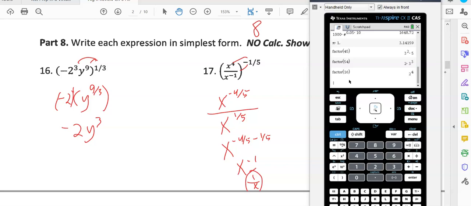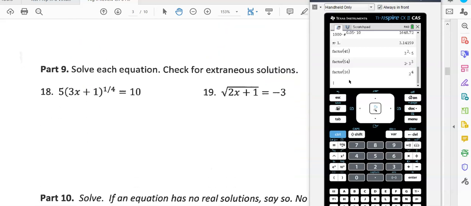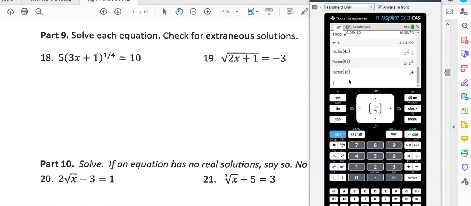Because when you divide with exponents, you really subtract the exponents. Solve each equation. I want to get it all alone first. Let's get that 5 on the other side here. So that cancels over here. So we get 3x plus 1 to the 1/4